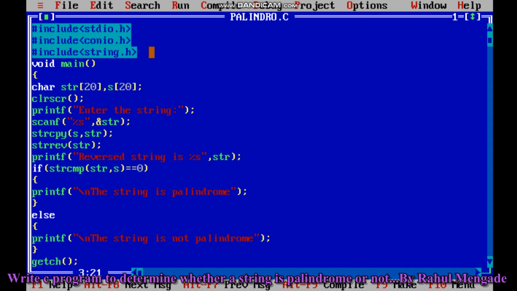So three header files are used: stdio.h, conio.h, string.h. The string.h special header file is used because this header file consists of some functions like string copy, string reverse, then string compare. For that we have used the string.h header file, then the main function, void main, after that